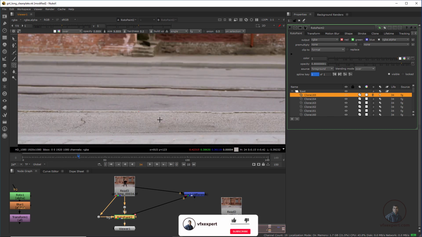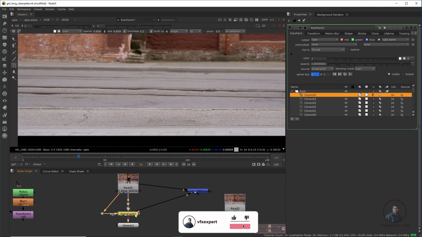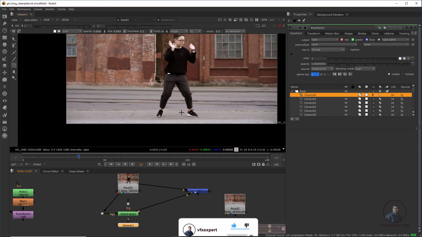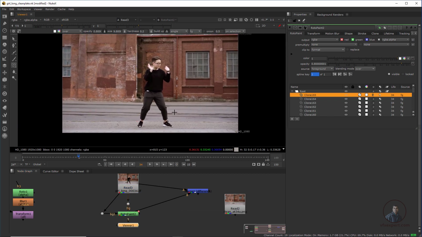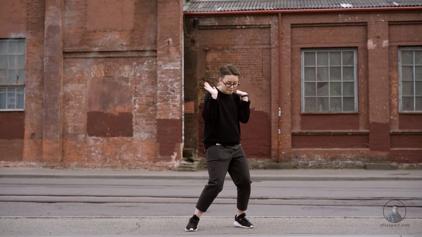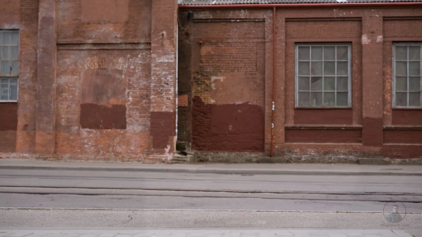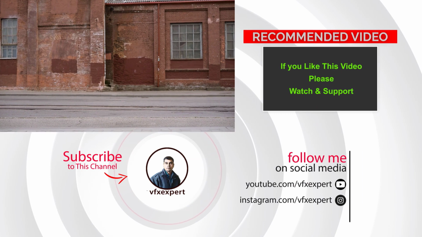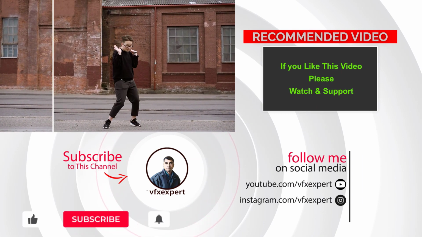Now you can see here. Like this, whatever you want you can do. Now again press 1 and 2 here, this will be our 2 and this is 1. 1 2 1 2. Okay, now this is looking good. The remaining adjustments you can do according to your requirement. Then after creating your clean page, export this clean page with the help of a write node. Then you can use this clean page and remove your object.